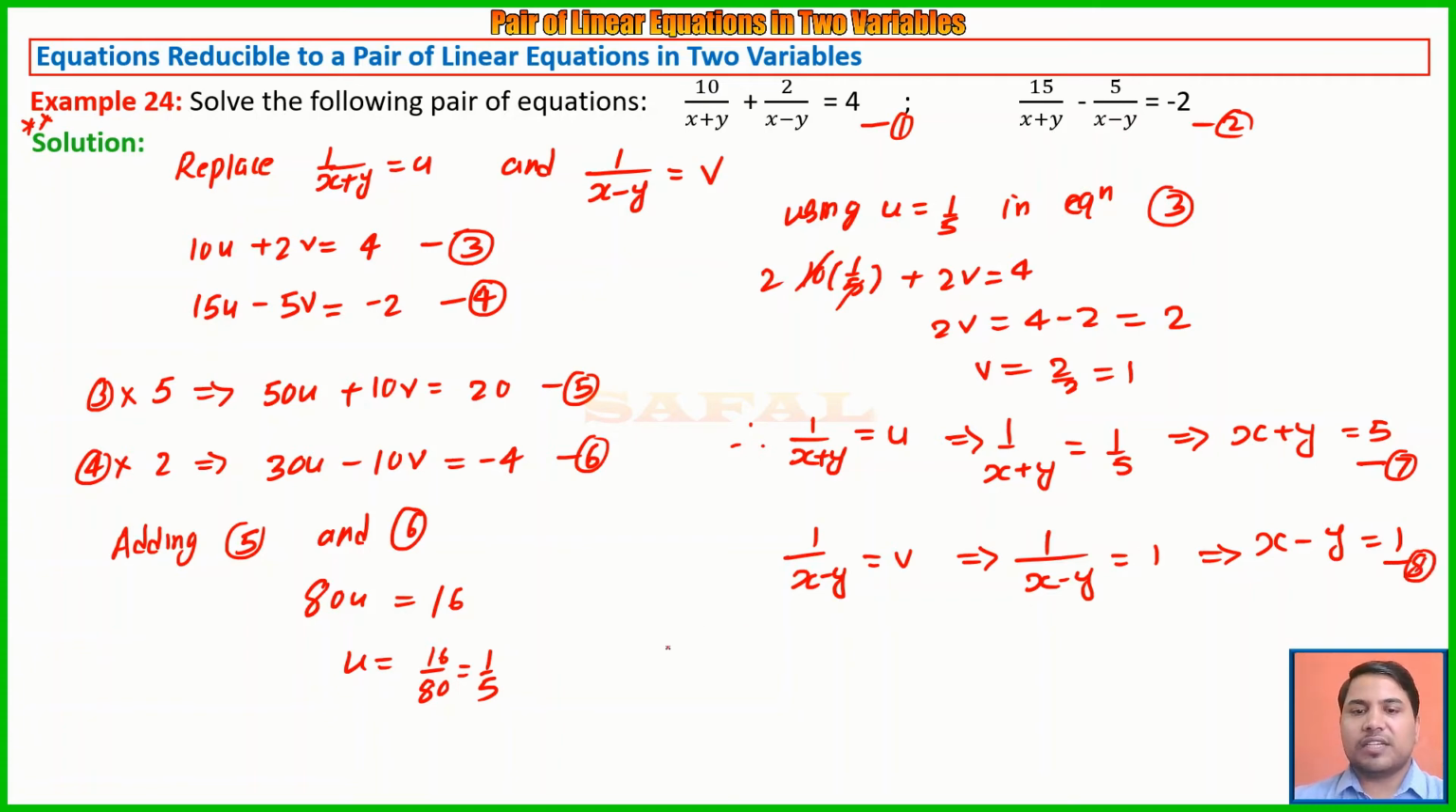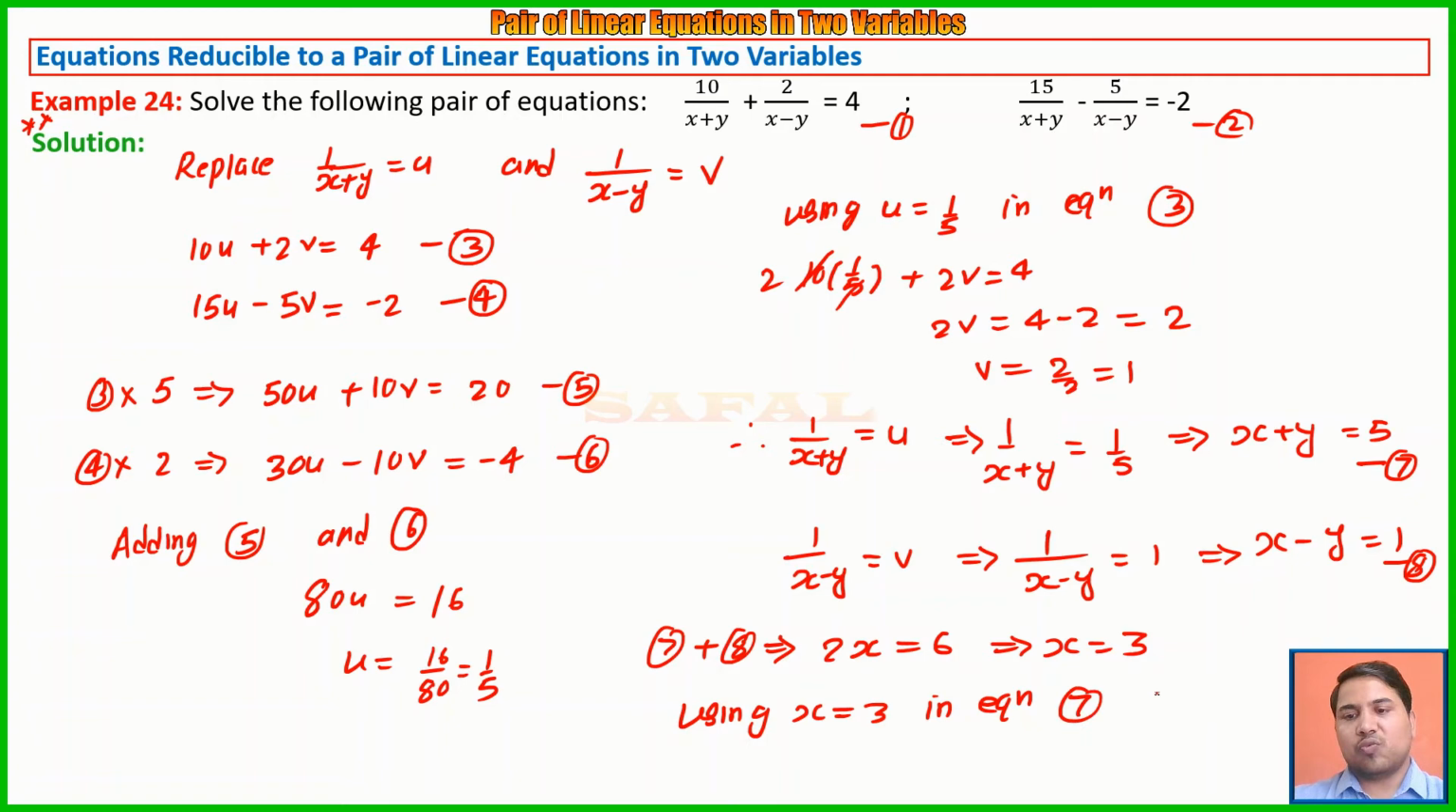So if I add equation 7 and 8, what will happen? Plus y minus y will get cancelled. x plus x is 2x, so 2x equals 6. So this will give me x equals 3. Now using x equals 3 in equation 7, what I'll get? 3 plus y equals 5. So this gives me the value of y as 2. So the value of x is going to be 3 and the value of y is going to be 2. So maybe the question will be long, but if you do the proper substitution, it will be easy